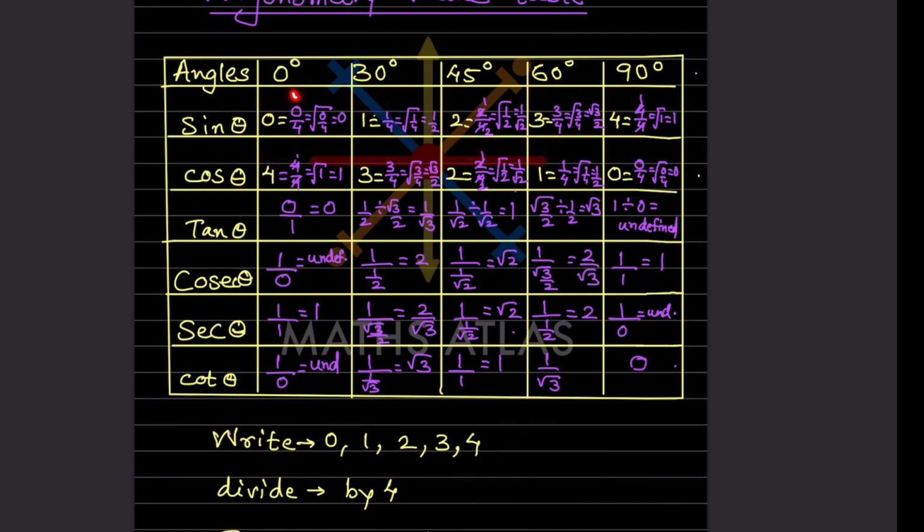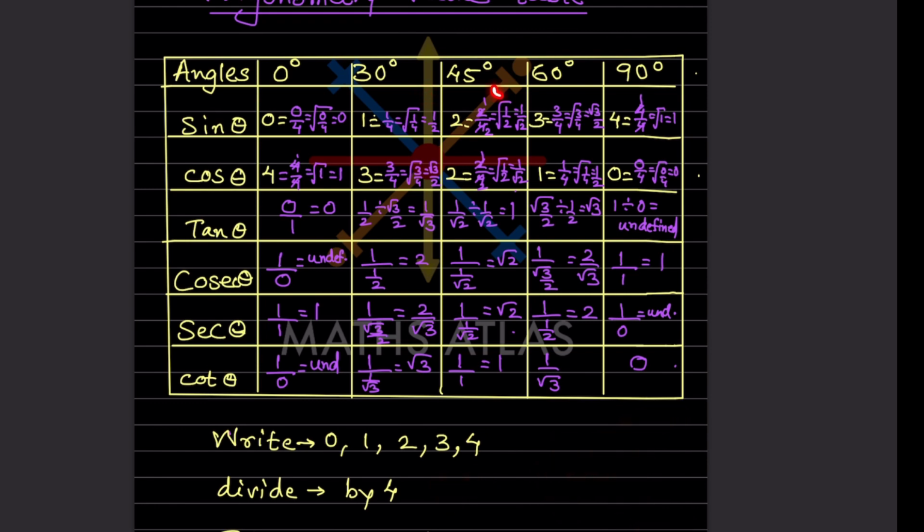So now you divide 0 by 4. Then the third thing you have to do is take the square root. So 0 by 4, you take the square root of that, and you know that will be 0. Now I'll show the second one. We have 1, and we have to divide by 4. That will be 1 by 4. Then you take the square root of that, root of 1 by 4. You know that 4 is a perfect square, so that is going to be 1 by 2.